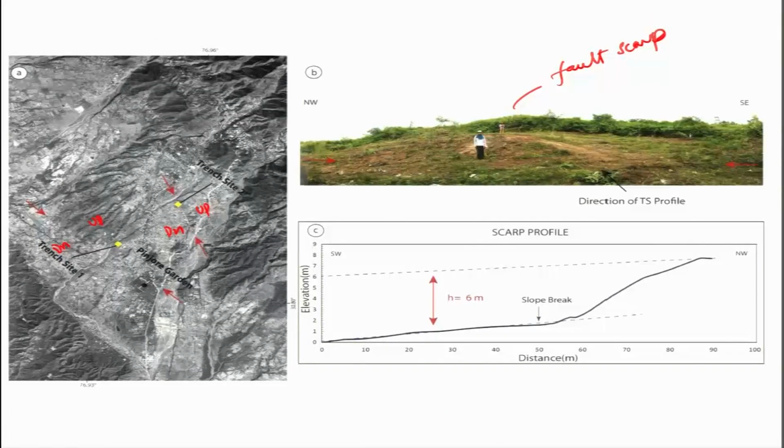So what we do after the detailed mapping, we take a topographic profile. Either you can use very high resolution GPS, RTK, real time kinematic, or you can take it with the total station also. This information is available because when we have the edges of this surface,